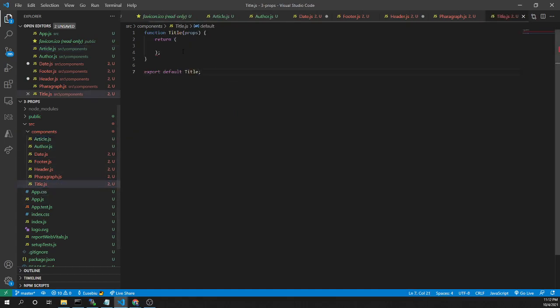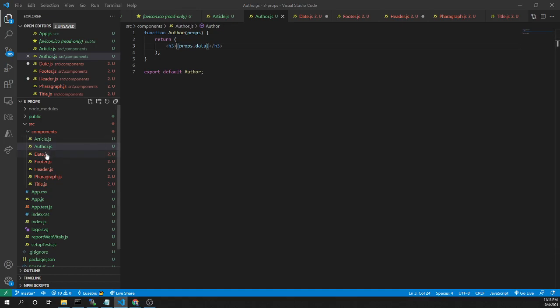Now in the author I'm accessing this property from here. So here I have a h3 with the props data.